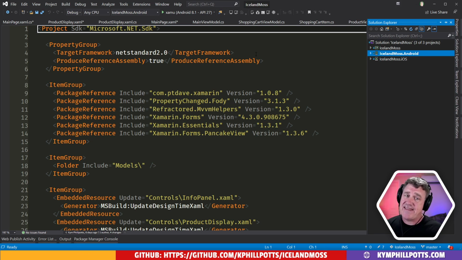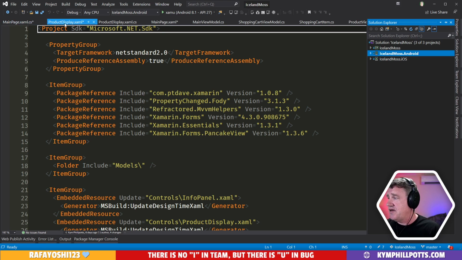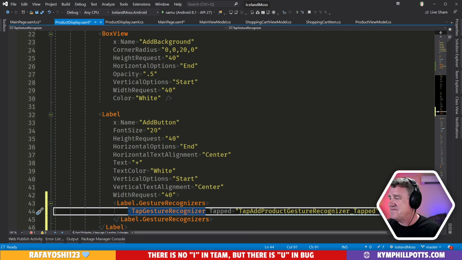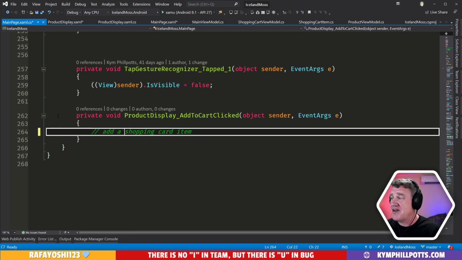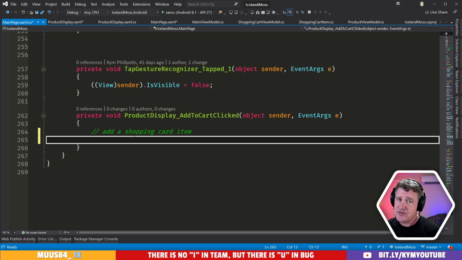Now, having said that, just because you write it in your .NET Standard library doesn't mean that everything's going to work amazingly. I need to test it in iOS, of course, which I haven't been doing because I haven't had my Mac up and running. So I'm just working on Android at the moment. So you might find if you were to check out the code in iOS, it might be a complete mess at the moment. But before we finish this challenge,